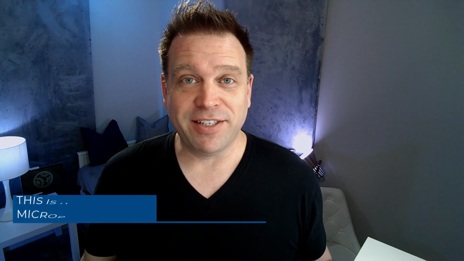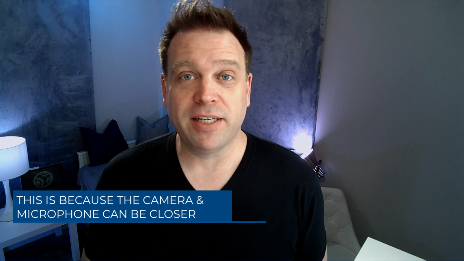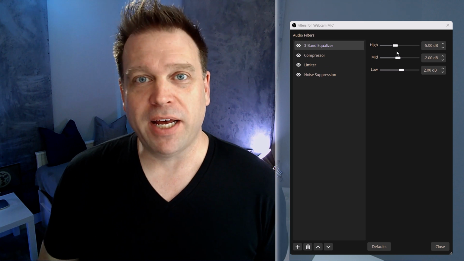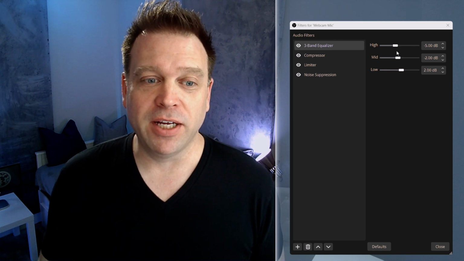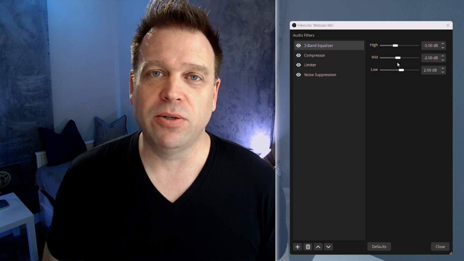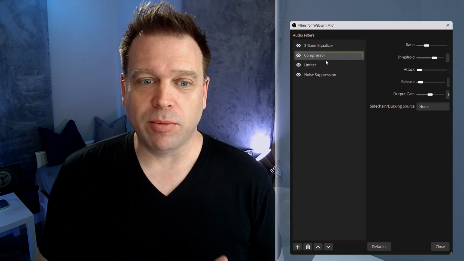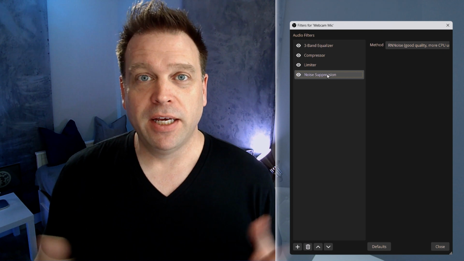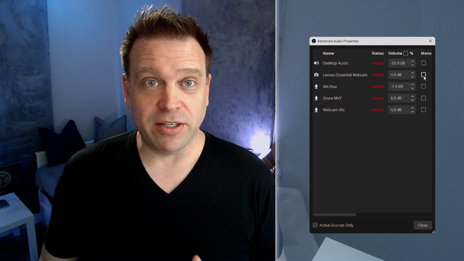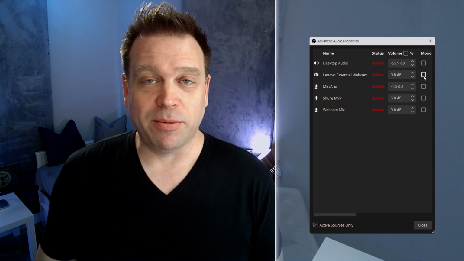Now, one other advantage of the 95 degree field of view is with the microphone. So I'm going to go through some of the OBS settings that I set for this camera for the microphone. So first, I turned on the 3-band EQ as a filter for the microphone. I set the high to -5. It was a bit thin on top. I set the mid to -2 and the low to +2. Now, I kept the defaults but added the filters for the compressor, limiter, and noise suppression, and again left those at the defaults. And one thing I did notice was it was kind of hunting a little bit in terms of left and right channel and separation on the stereo microphone, so I set that to mono, and that's what you're hearing right now.